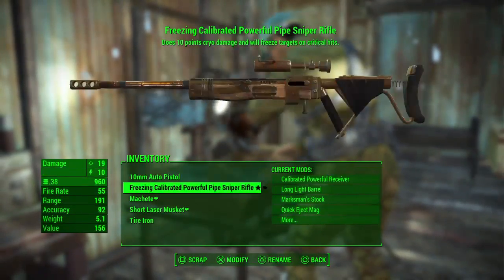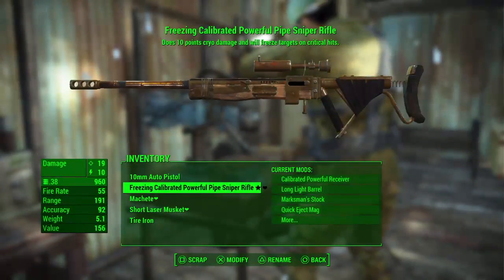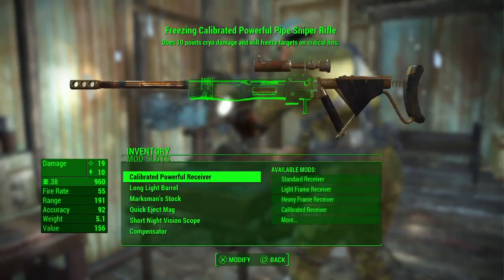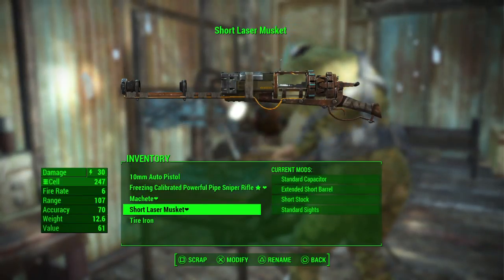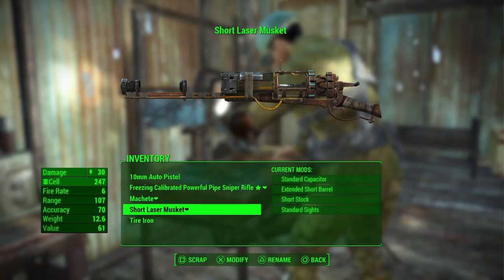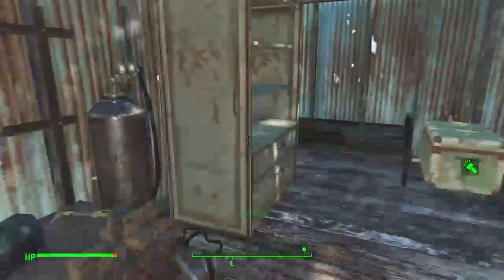Right, so we've got a close-up gun. How much damage does this do? 19 and 10, 55 fire rate. Yeah, that's got quite a good fire rate. It's semi-auto, it's not full auto, obviously, but... yeah, okay, well, I'll tell you what I'm going to do. I'm going to put the laser musket...